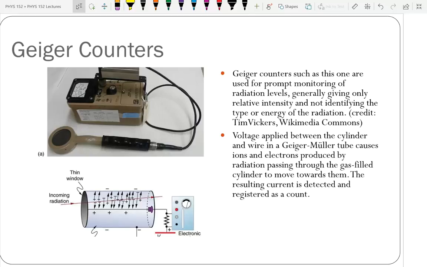Geiger-Müller counters have a charged wire in the center of a barrel. And you have negative charge on the outside, positive on the inside, I believe is the way it is. If you have a radioactive particle travel through here, it can ionize the gas in that tube. And if it ionizes the gas, you're going to have positive charges attracted to the negative and negative charges attracted to the positive, and suddenly you'll get a current that flows between the positive and the negative parts of that barrel. And when you get that current, the detector says, hey, some radioactive particle just flew through the barrel.